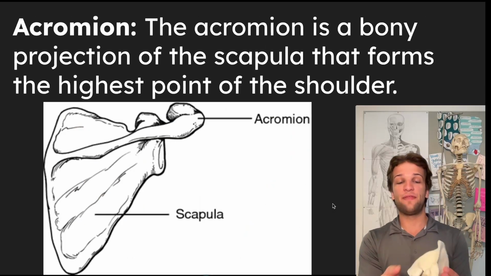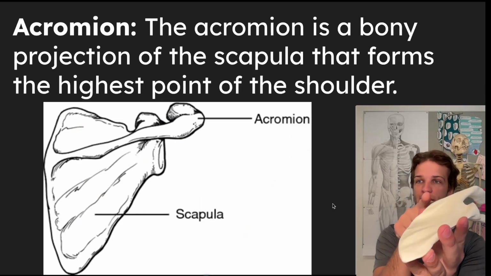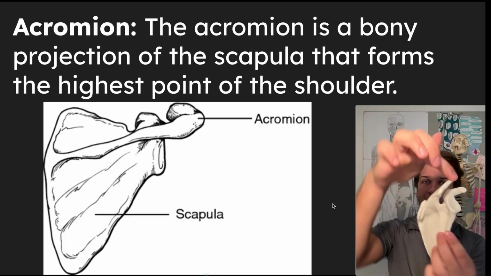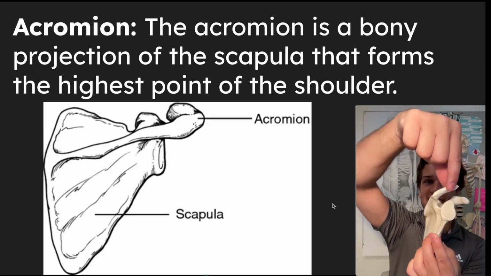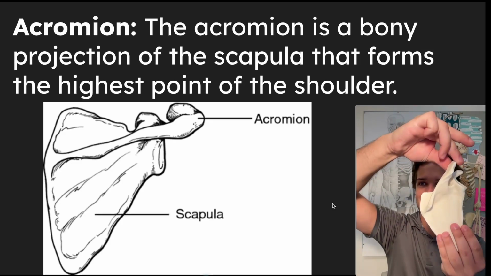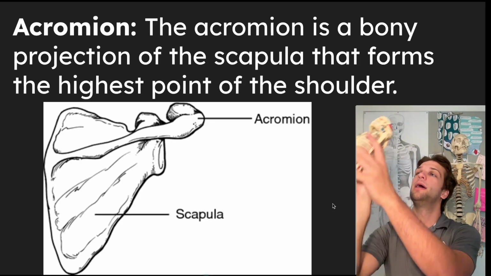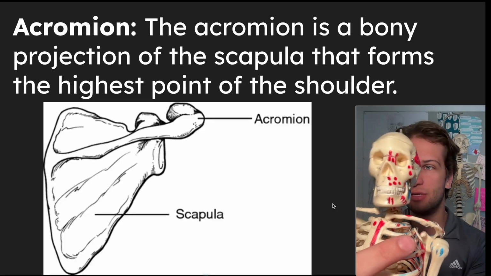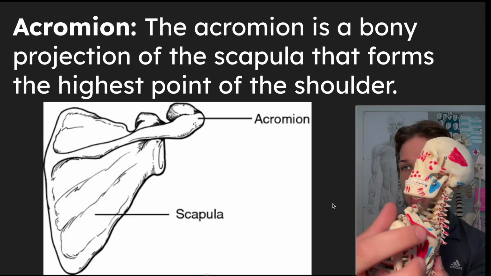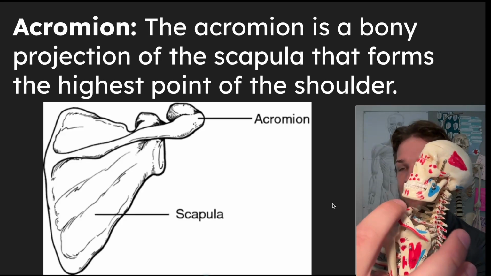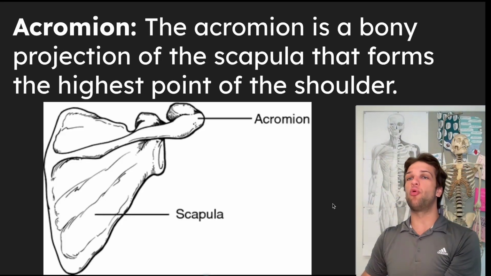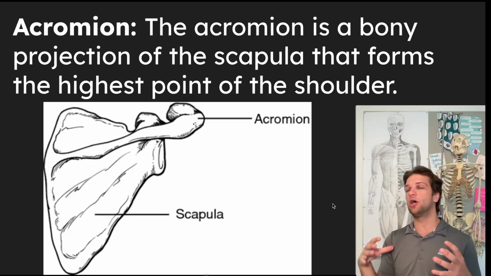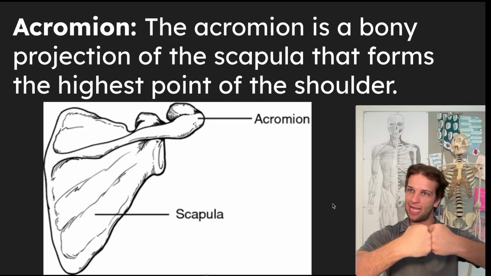We also have the acromion. So if you take a look at how the spine is raised here, that raised spine leads to this point that sticks out. It's sticking off entirely of the scapula. And you can see it's the point that attaches to the clavicle. See, clavicle here, and then this piece that raises up. That's called the acromion. And that's going to form the highest point of our shoulder joint, connect to the clavicle,